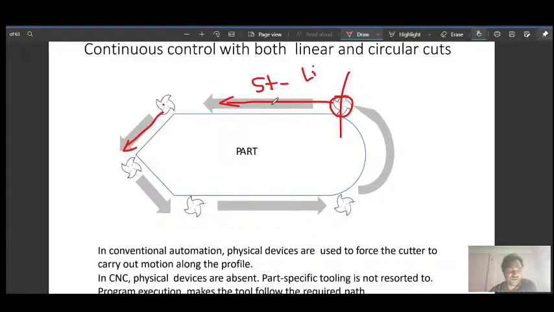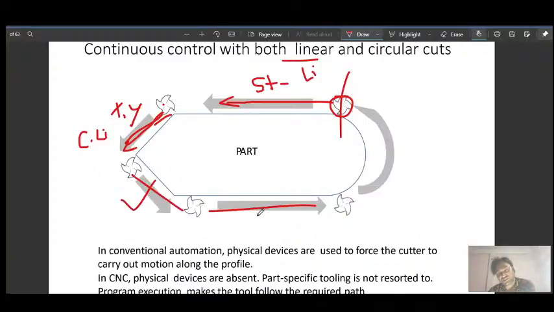contour, because when we say straight cut only one axis variation is allowed, and here you can see both x and y axis are varying. So contour, and which type of interpolation? Since it is linear, again linear interpolation, contour and linear. Same here, contour and linear. Here straight and linear, straight and linear.